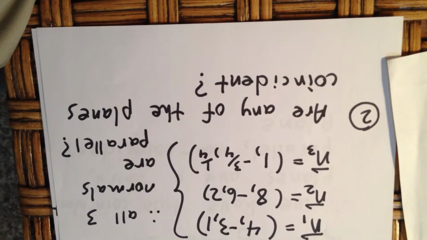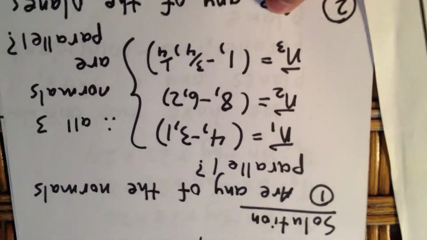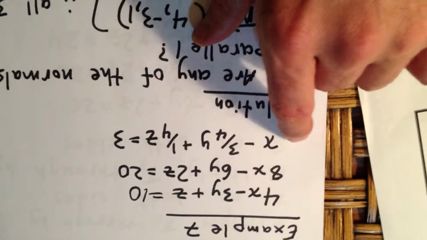So what we then ask ourselves is, are any of the planes coincident? Because our sheet tells us to ask ourselves, once we know that the three normals are parallel, whether the planes are coincident. Well, what we're going to see is that these two planes are coincident, but this third plane is